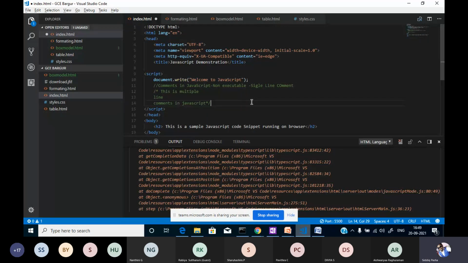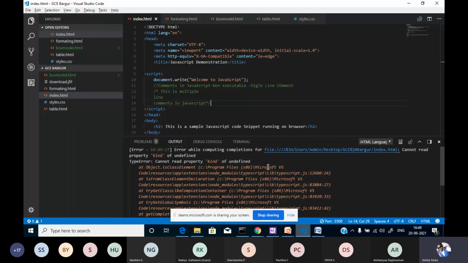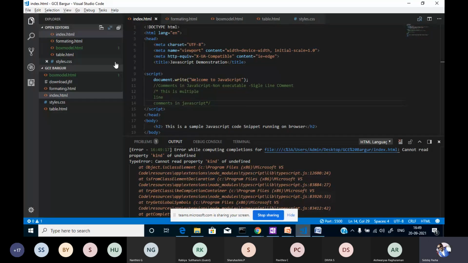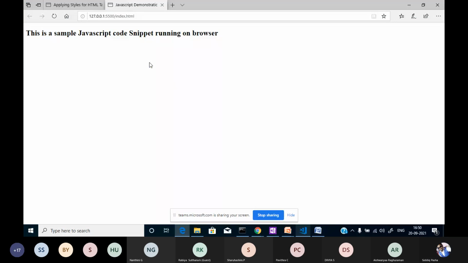So I'll save this. There is some error it is showing over here. No issue, fine. For example, we have displayed something over here, right? I'll run it once. Once again, I will run. It is running fine. Welcome to JavaScript, I have written in document.write. This is an output function. If I make this a comment using the single line comment, it will not be executed. Now see over here, it is not executed. Is it clear?